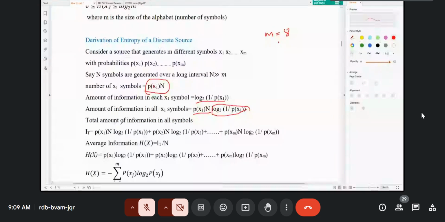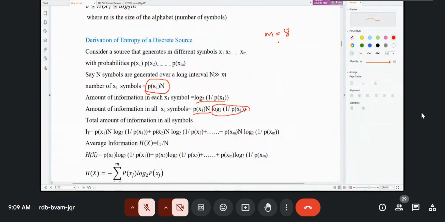So the total amount of information in all symbols, I_T, is P(x1) N log2 1 over P(x1), plus P(x2)